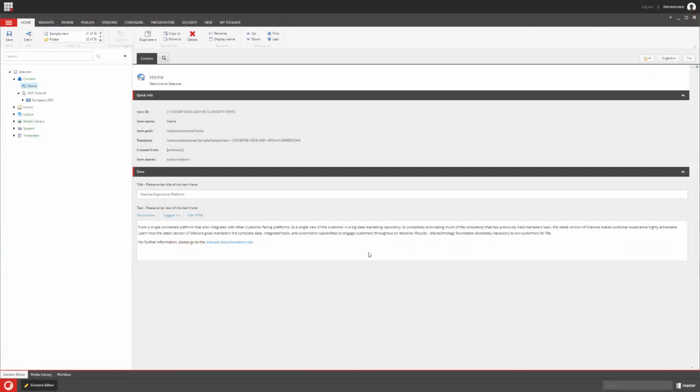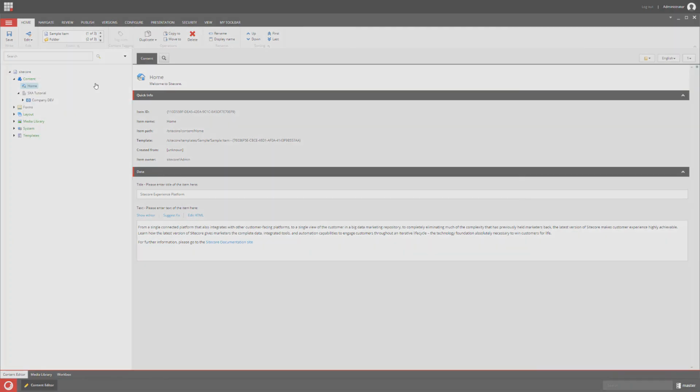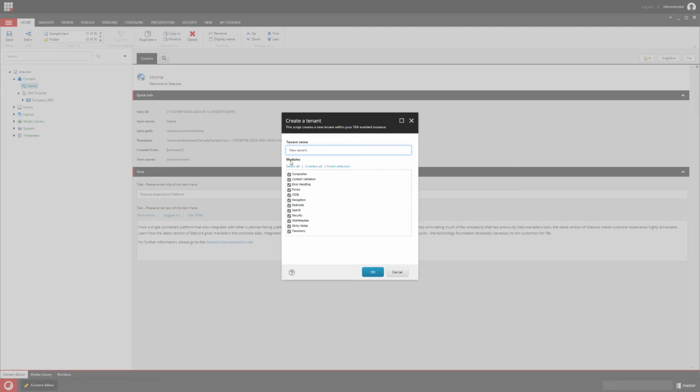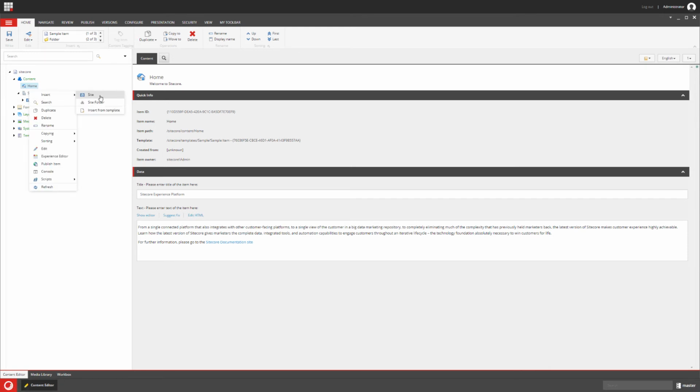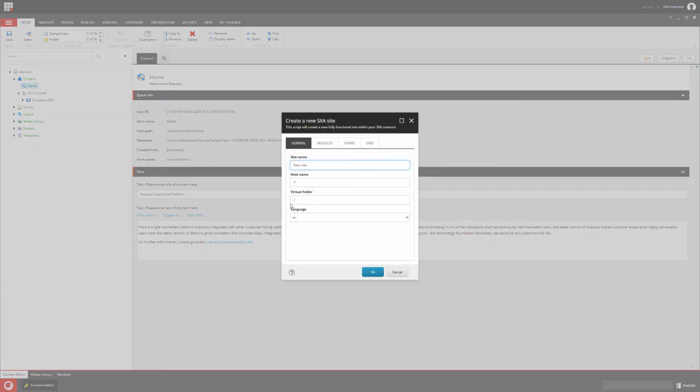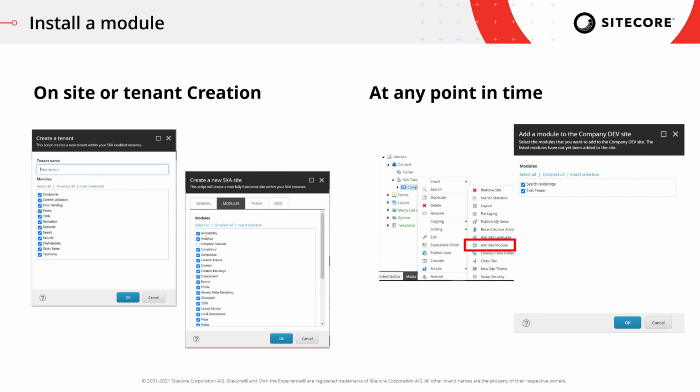So if you want to install a module, as already mentioned, you can do that on-site or tenant creation. You might have seen that dialog: if I'm creating a new tenant, then I have a list with all these checkboxes, and I can choose which modules I want to install to my tenant. Or if I go for the site installation process, I have to switch to the second tab called modules and then see the list of installable modules. Now, some can be checked, some can be unchecked by default. We will also tell you how this works and how you can define that a little bit later in this tutorial.